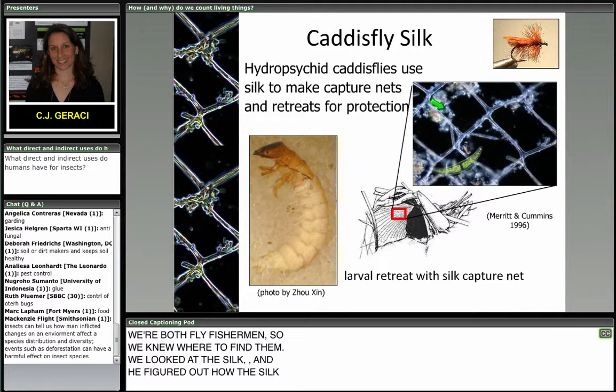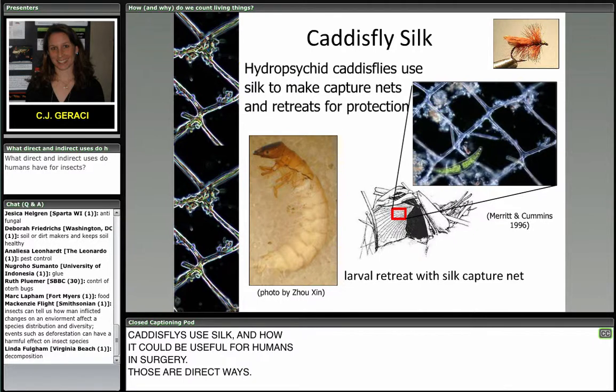So this is the capture net that the caddisfly spins out of silk. You can imagine knitting a sweater while someone turns a fire hose on you. That's what these guys do. They spin this silk underwater. And this is what the larva looks like. So this larva will sit right inside of this structure here. This is the retreat they make, and this will sit underneath a rock, underneath the water, and they'll spin this